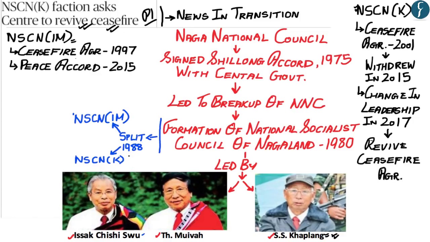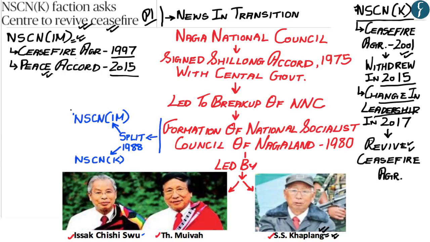So now hopefully up till here you've understood that the National Socialist Council of Nagaland, the IM division, had agreed to a ceasefire agreement with the Government of India in 1997. And after that, both had also signed a peace accord in 2015. But on the other side, the Khaplang division, which had signed a ceasefire agreement in 2001, withdrew from this agreement in 2015. However, after the death of its leader SS Khaplang in 2017, there was a change in leadership, and the new leadership wants to revive the ceasefire agreement with the